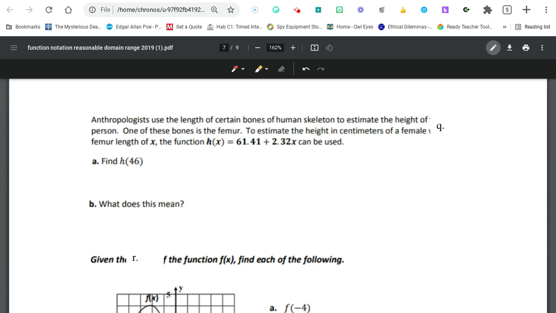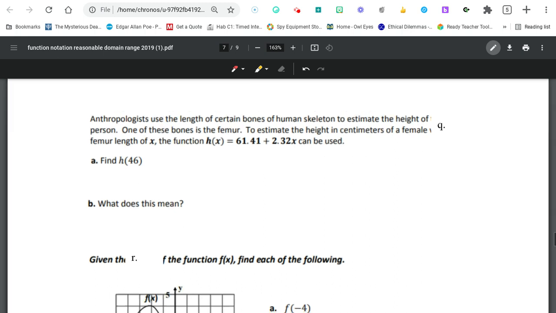Anthropologists use the length of certain bones of the human skeleton, and it's the remains, guys, to estimate the height of a person. Usually that's what we're looking at. They look at one of these bones called the femur, which is in your leg. It's the upper part of your leg, if I'm not mistaken. I think that's the right one. To estimate the height in centimeters of a female,